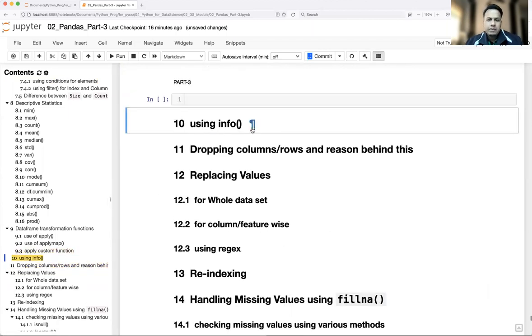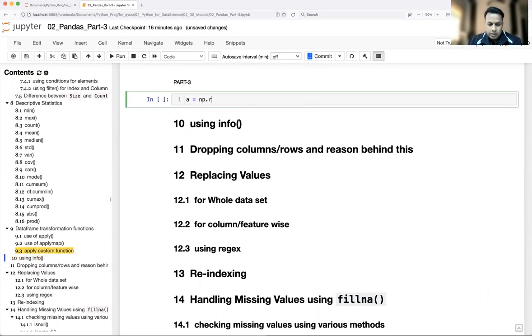I'm going to start with the info function. It is a very useful function, because whenever you get a large data set, you can have a quick glance at what exactly the data is. Let me create some random data: np.random.randint between 1 and, let's say, 20.